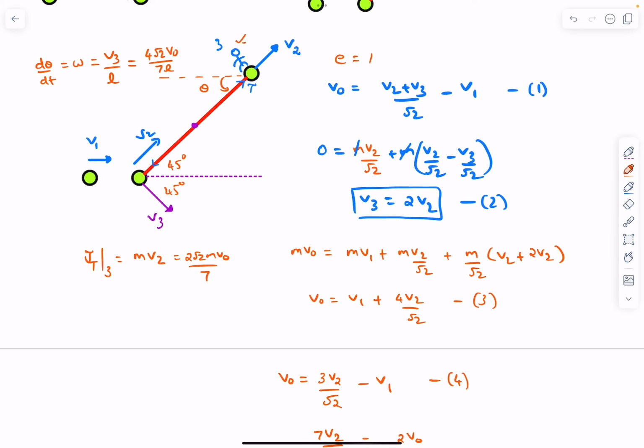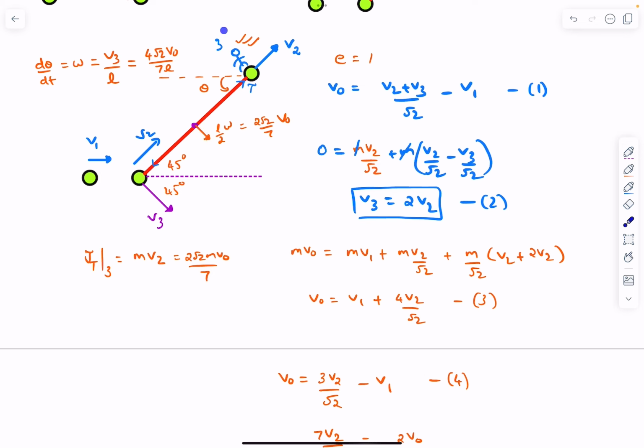So once again, we can use our frame of our observer here at point 3. With respect to our observer here at point 3, all points on the rod will move in circles, right? Basically this point over here can be treated like a hinge, which means the velocity of the center of mass is going to be L by 2 times the angular velocity omega of the rod. So if we calculate this real quick, it'll be 2 root 2 by 7 v0. But this was with respect to our observer 3,